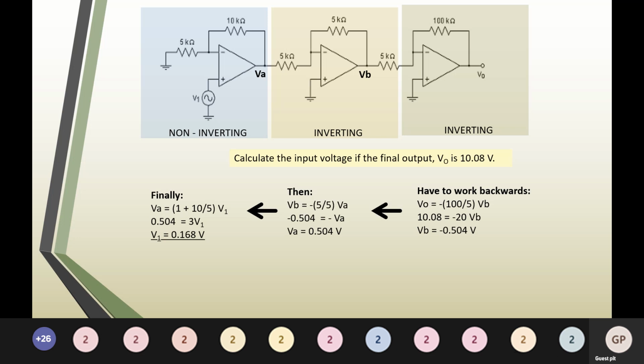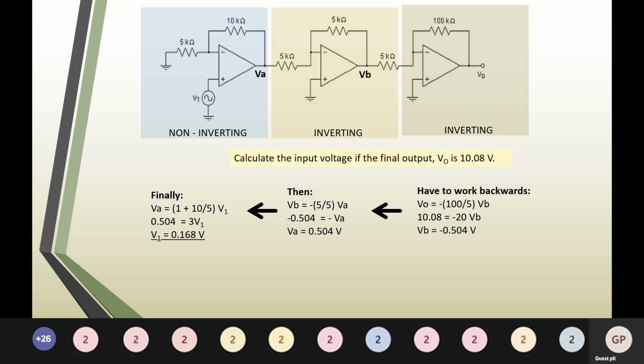We cannot just find the input from the output in a single stretch, so we have to divide the circuit into smaller circuits. This circuit can easily be divided into three sections. Let me take one section, the second center one as the second section, and the third one as the third section. Now your job is to find out what the circuit is in each and every section.